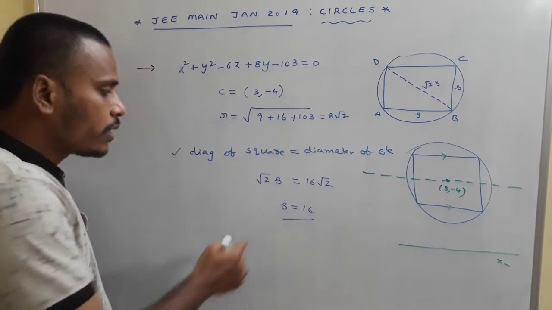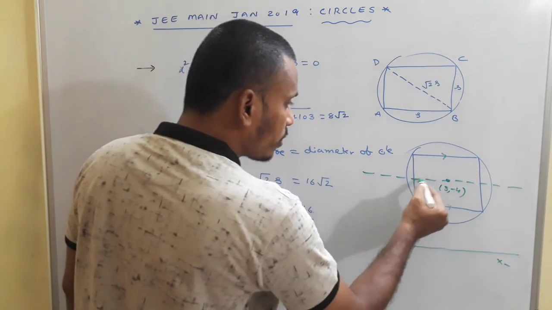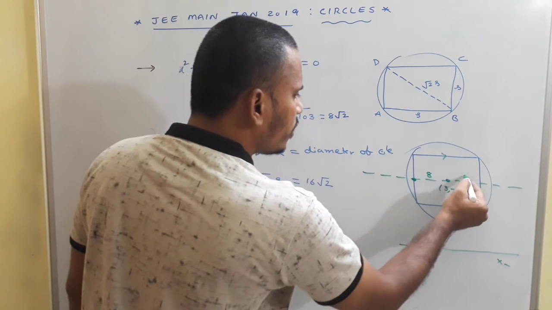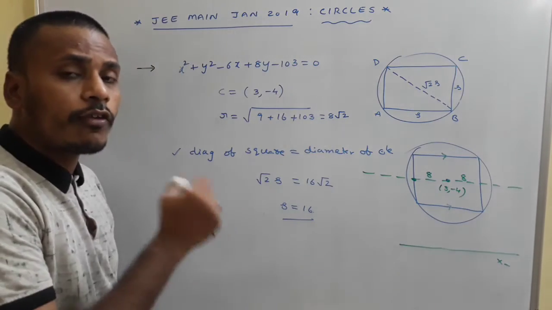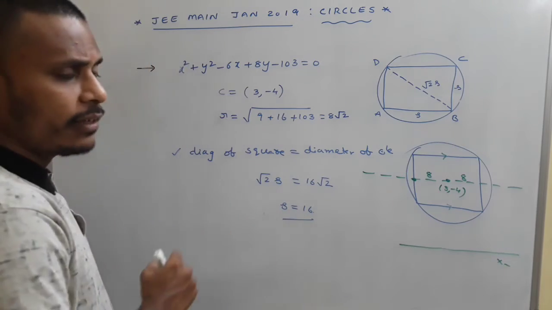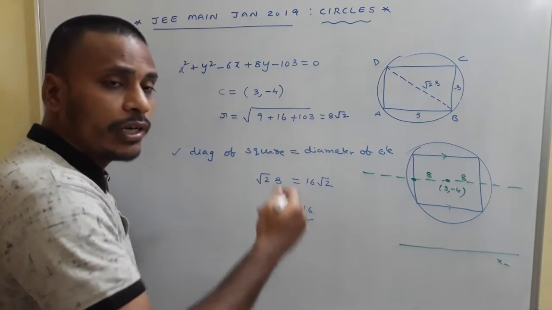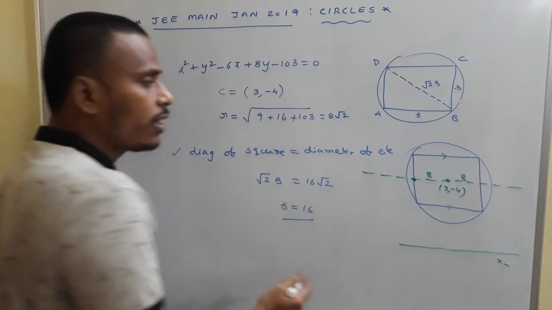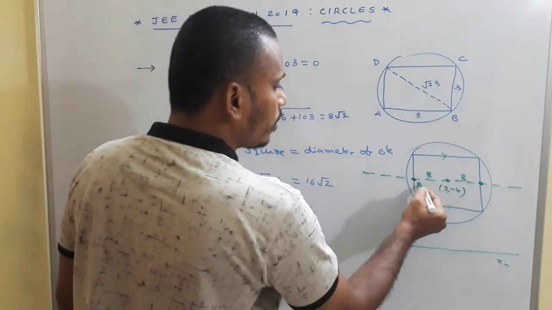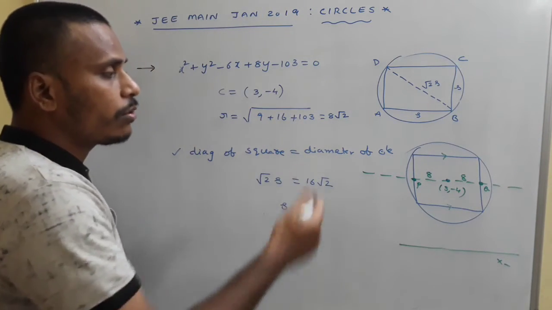Already we found it. Since the side length of the square is 16, this part is half of that side length. So this is 8 and this is 8. It's not the radius, actually it is half of the side length. Now imagine we have a line. On that line, one point is (3, -4). We need to move 8 units right as well as 8 units left. Then it is easy to locate these points. If we call these points P and Q, then what is P, what is Q? From there we need to establish the other parts also.